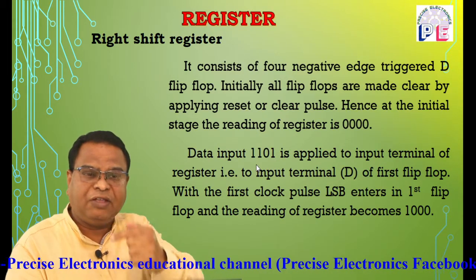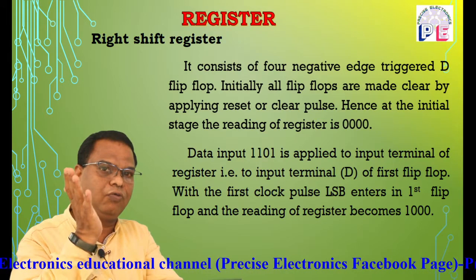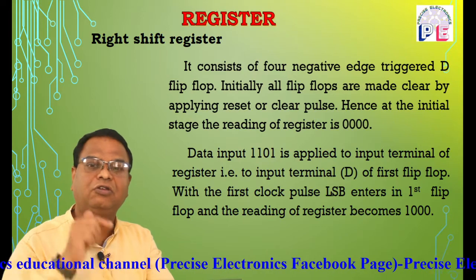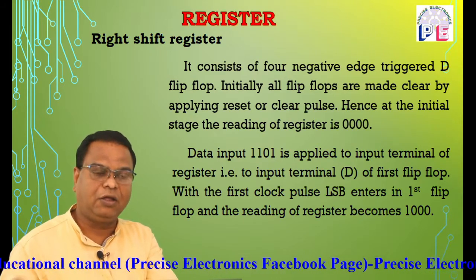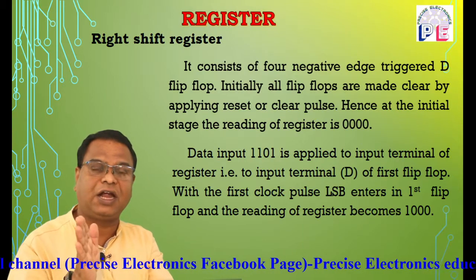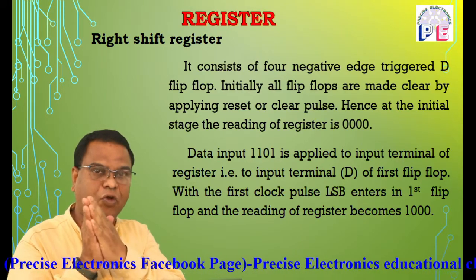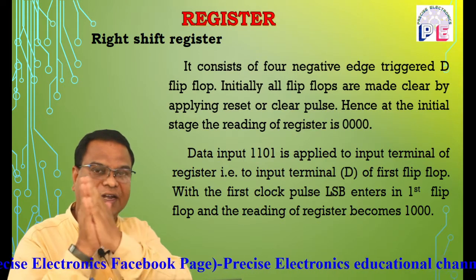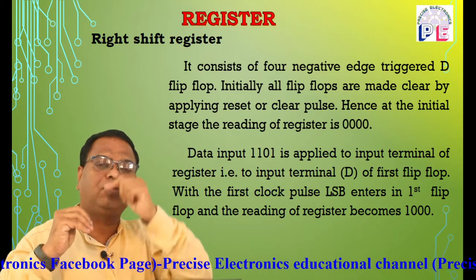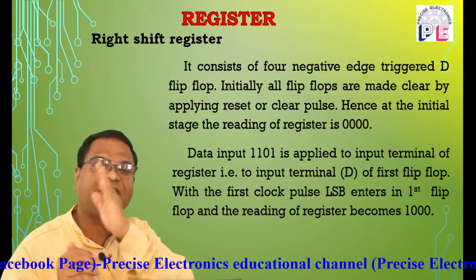At the negative edge of the first clock pulse, the bit that is the LSB from the data is shifted into the first flip-flop. Initially the flip-flop is in reset mode and data is applied to the first flip-flop. So at the negative edge of the first clock pulse, the LSB from the data is entered in the first